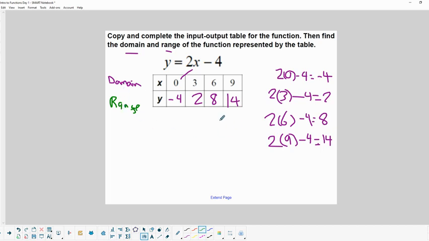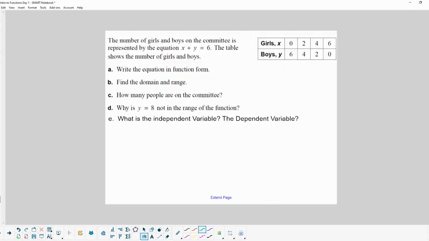So the domain and the range, there you go. So that's all we're looking for in these kind of problems. Okay, now on